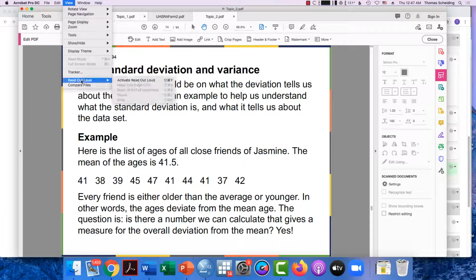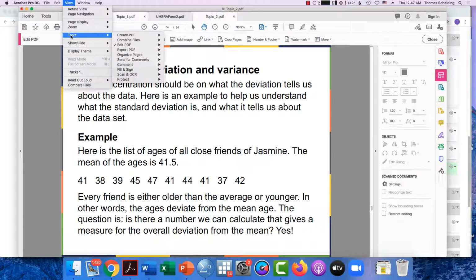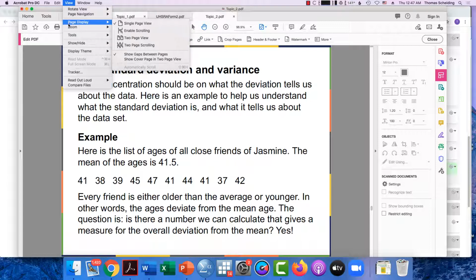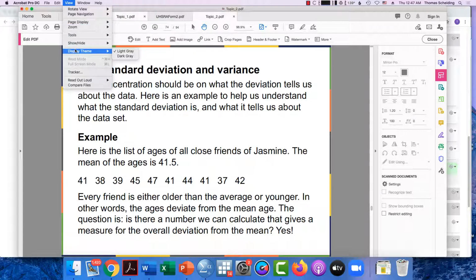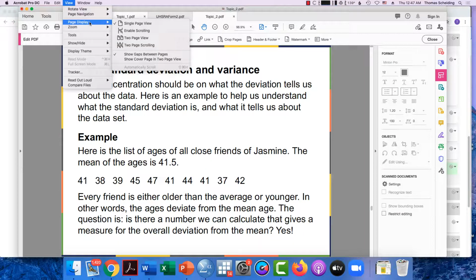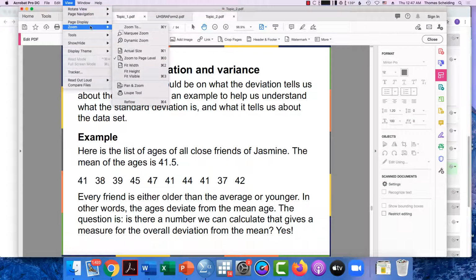So in this video, I want to start talking about the way in which data can be described in terms of the mean, the median, and the standard deviation. And what that does is it's going to tell us something about how the data is distributed. So to do that,